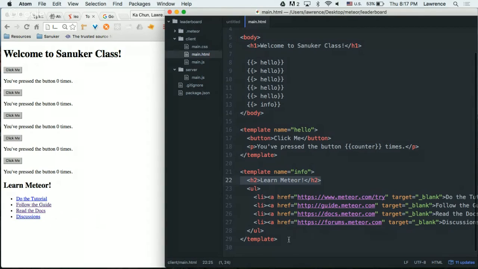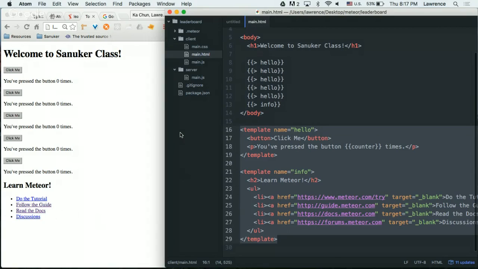Because if you put this template into a different file, still called something .html, it will work, because Meteor is smart enough to find this file for you if you name it right. Like if you put all this code into another file, and because this template is also called hello, it will find it.